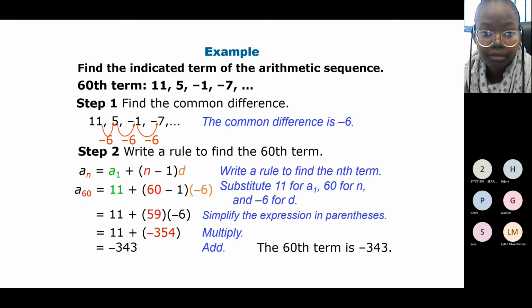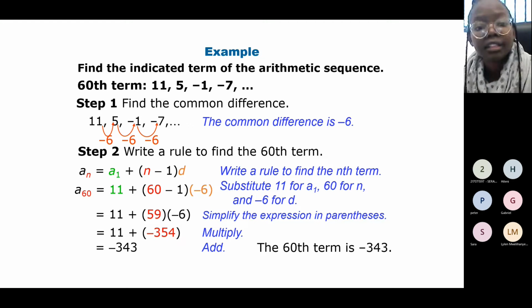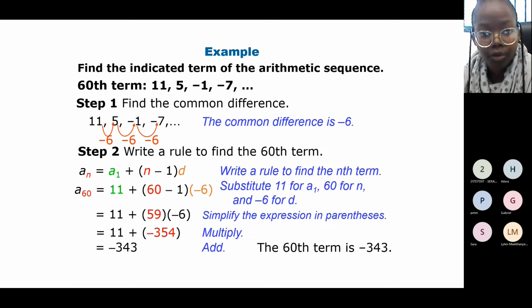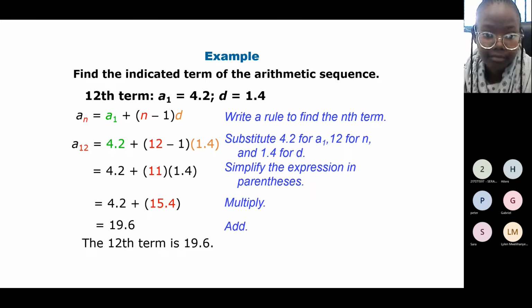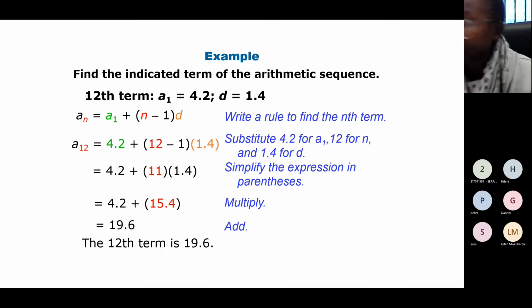There's an example to find the indicated term. You first find the common difference among the pattern. You know that the common difference is -6, so you can go ahead and use the formula for an arithmetic series. It's very easy. You just need to practice and you'll be fine. So this is find the indicated term of an arithmetic sequence, the 12th term. They asked me to find the 12th term, given that the first term is that, and then